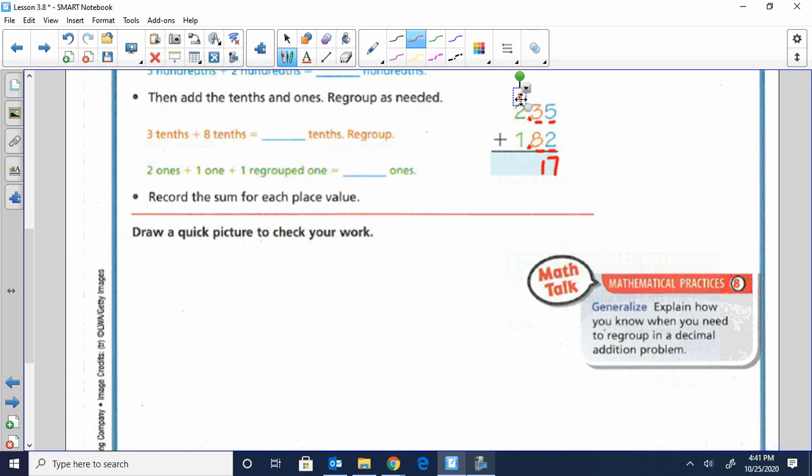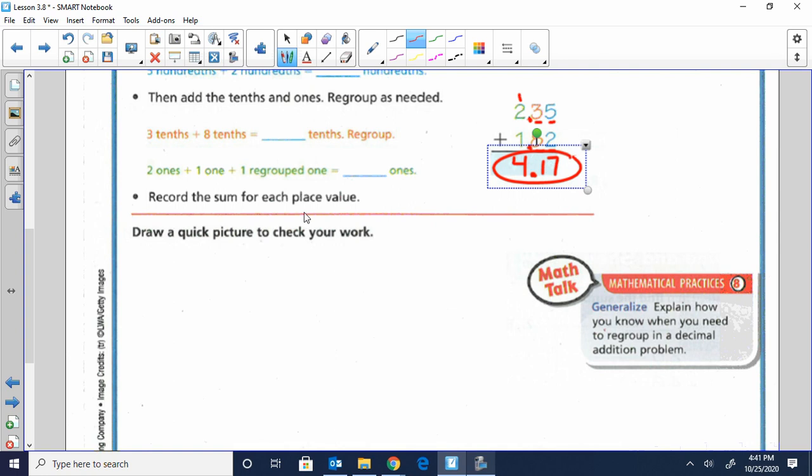Our decimal point, when we line these up, will drop straight down. Then we're going to add our ones place, which is 2 plus 1 is 3, plus 1 more is 4. So our answer is 4 17/100ths. If Henry estimated that the rainfall was about 4 centimeters, he would be correct, and that's a reasonable answer because the exact is 4